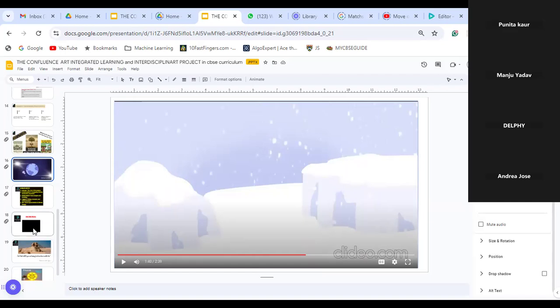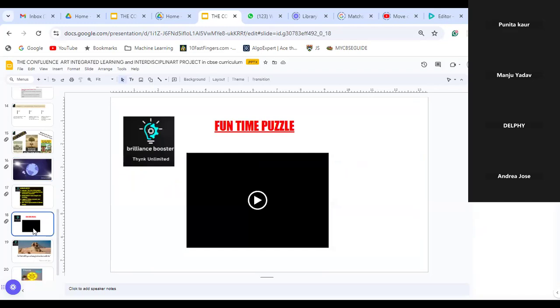As the time is very less, so I'm just going through the section. As I said, this can help the children also to think and then produce whatever they are having in their mind. So with that, we are coming to the end of the session with a very small fun puzzle. There is a matchstick puzzle over here.